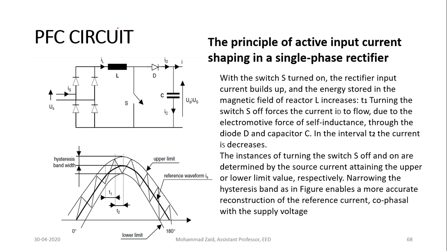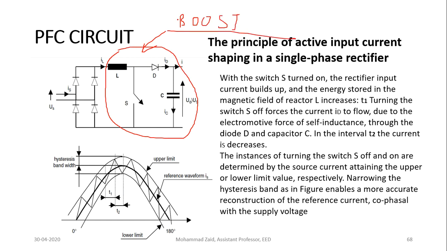This is a boost converter, which here is not doing the work of an exact boost, but the work of a PFC, power factor correction circuit. Earlier we saw that the current IS drawn by the rectifier bridge shown here is not sinusoidal. Why? Because the current is drawn only at the points at which the capacitor discharges.